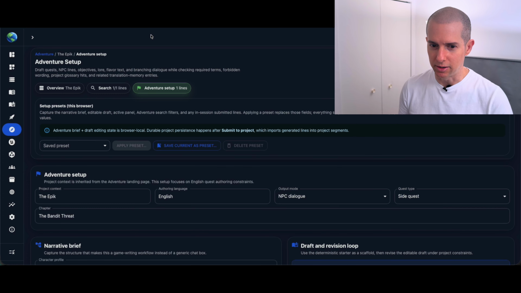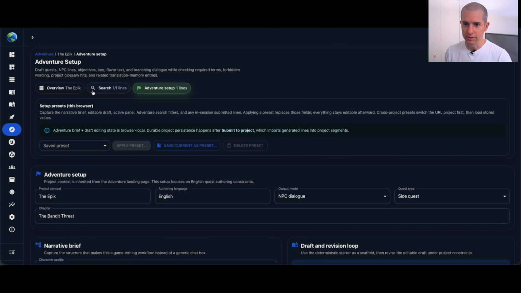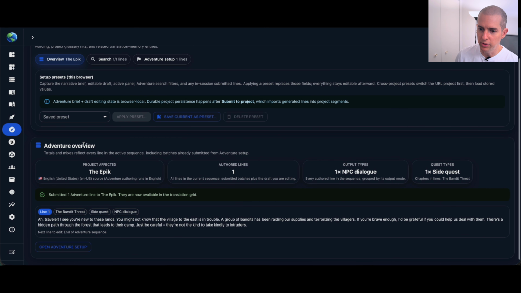So today we are talking about the writing team, or the game designers, the game creators, and the translation team. And this is why in Gaia we have a feature called Adventure, and we're gonna go through this feature right now. So if you see here, this is a sample project,